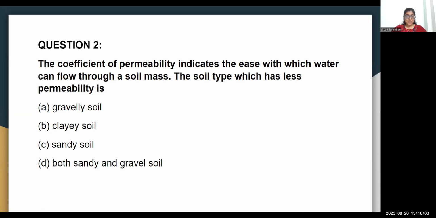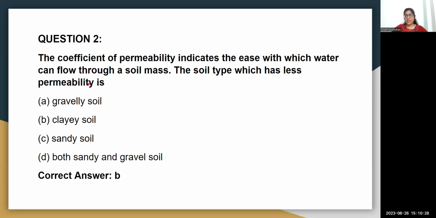Danesh, maybe think about it once again and then say we are talking about the soil which has less permeability. So here again, what soil type will not allow water to transmit through it very easily? The first option, gravelly soil. Gravelly and sandy soils are examples of aquifers, and aquifers have good permeability property. Both sandy and gravelly soils are good aquifers, but clay soil is not a good aquifer because, like I said,